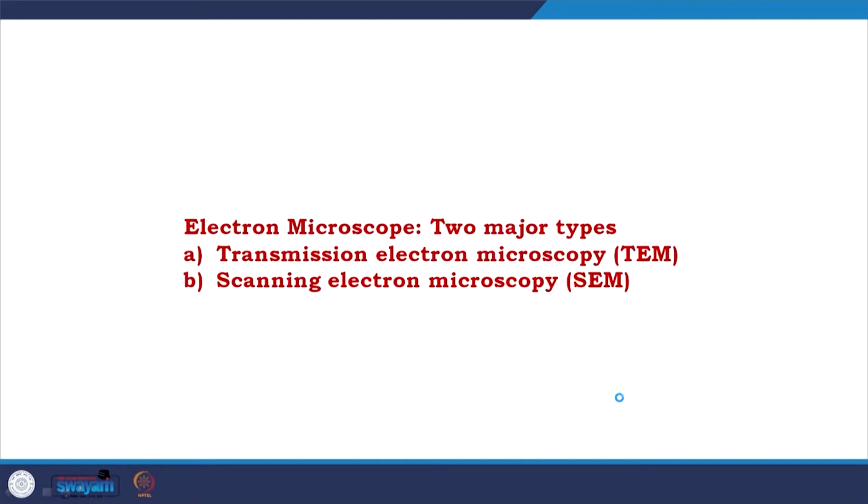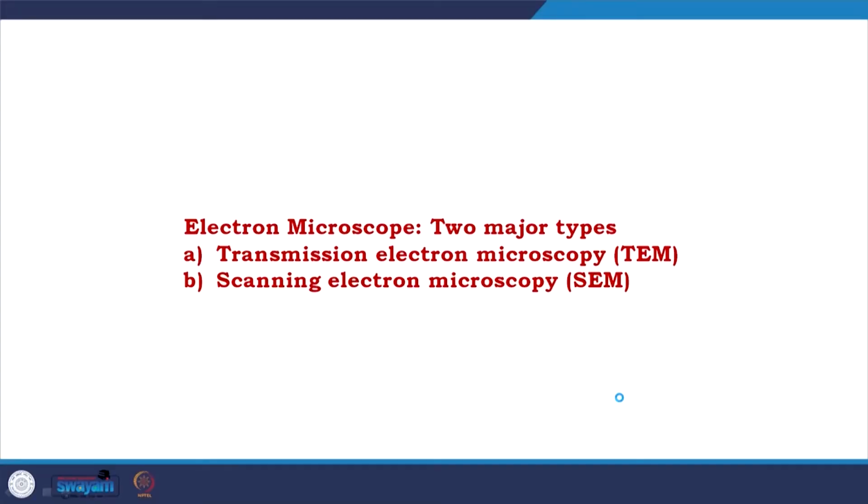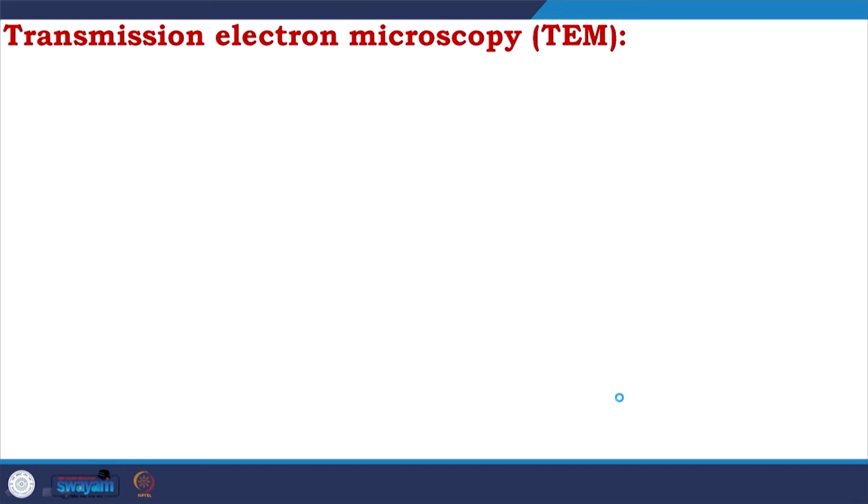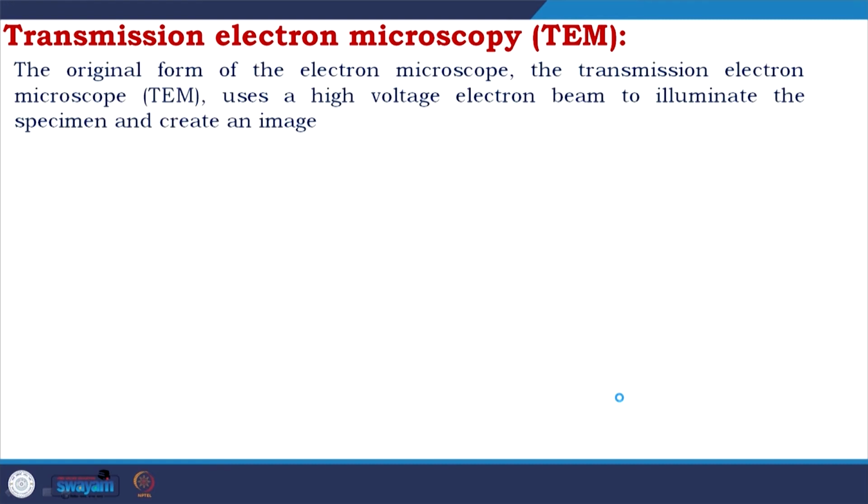So, nowadays there are many types of microscopes, but they could be divided into two major types: originally one is the transmission electron microscope or TEM, and the other is the scanning electron microscope or SEM. Let us take a look at them, what are the differences, what are their constructions and all. Coming to transmission electron microscopy,